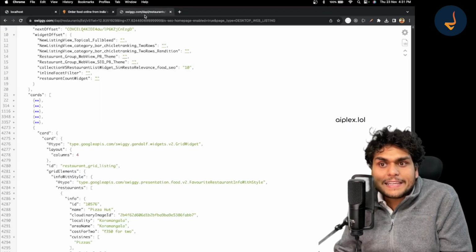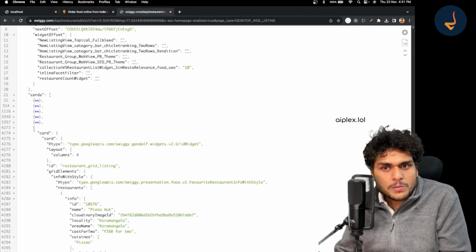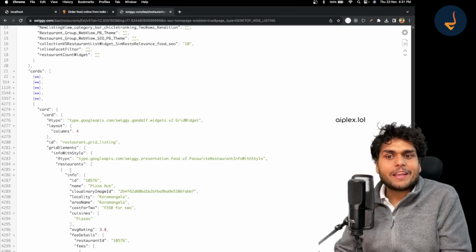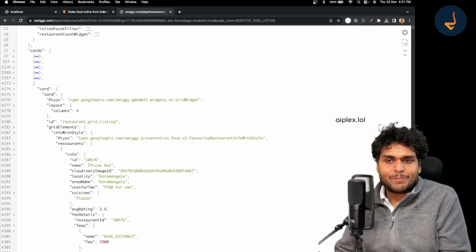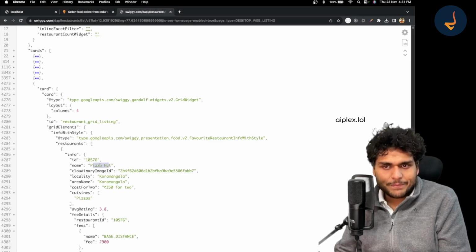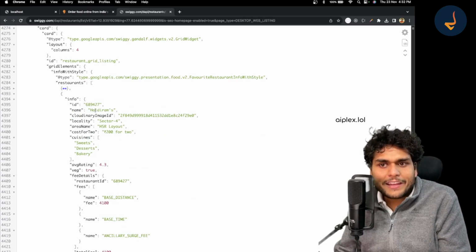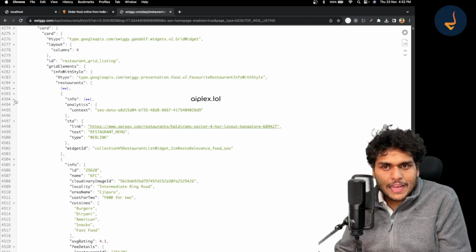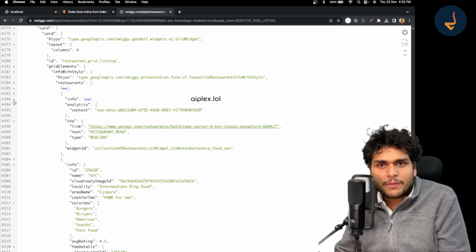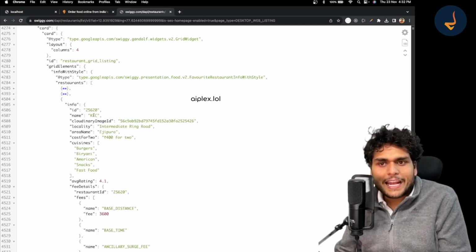Now, if you see the next card over here, the next object, it is giving me the details of this restaurant. See this, here we get Pizza Hut. If I close this Pizza Hut, here we get Haldiram's. And if I close Haldiram's, here I get KFC.